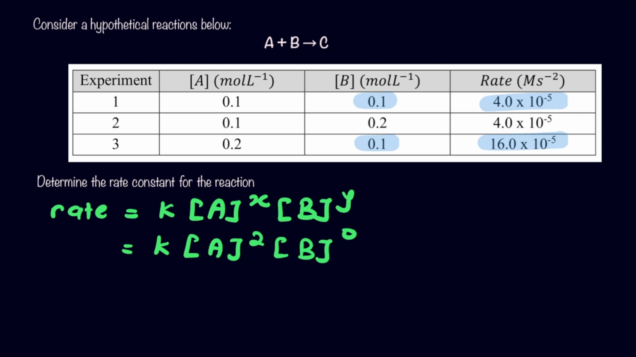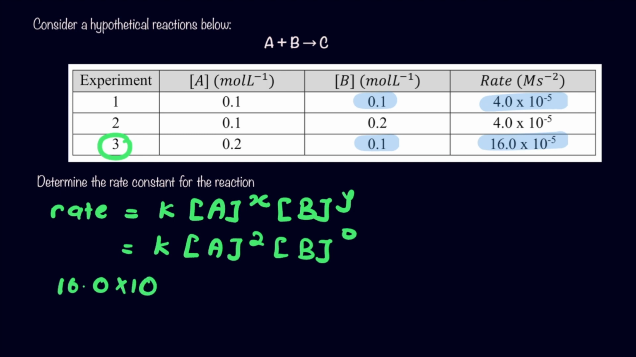Now you were asked to calculate the rate constant. What you can do is plug in any of the values here to find the value of your K. You can use any, so I'm just going to use experiment number 3. So the rate is